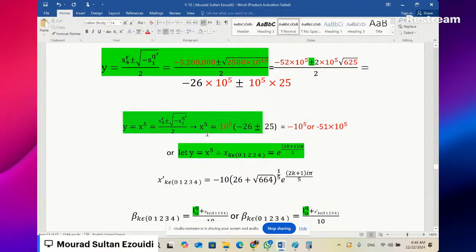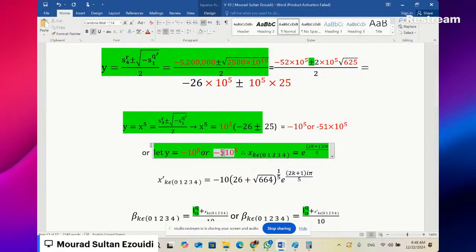Therefore x5 equal minus 10 to the power 5, either minus 10 raised to the power 5, because minus 26 plus 25. Or, of course, I will write this one, equal negative 51